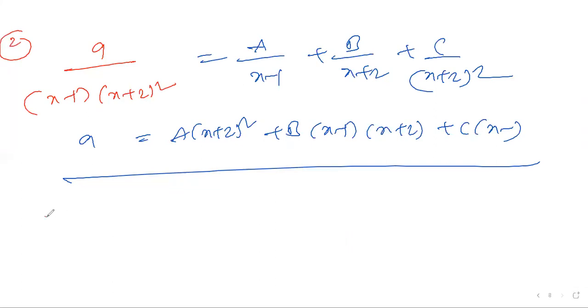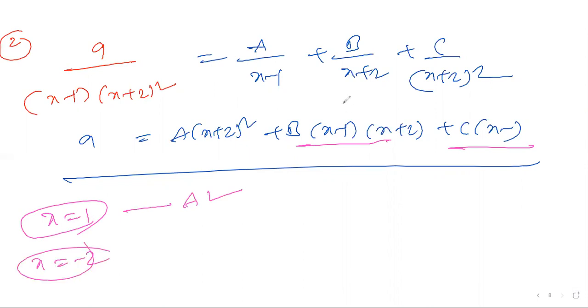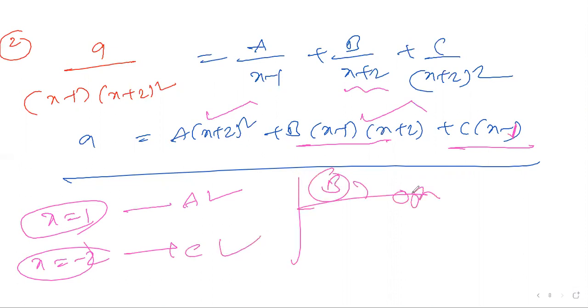Once you take x is equal to 1, this is gone, this is gone, you'll get the A value. Next, x is equal to minus 2, substitute. This is gone. What is there? x minus 1, right? This is gone. You will get the C value. For B, open all the terms and compare the coefficients. Okay. Now I'm going to the third question. I'm going a little fast, try to catch me. If anything else, please let us know.